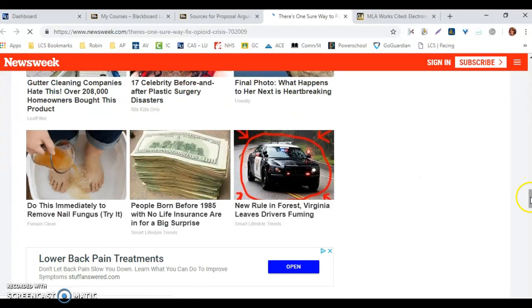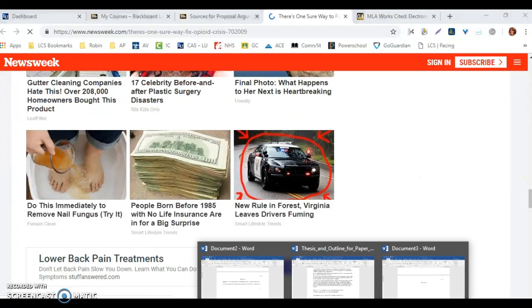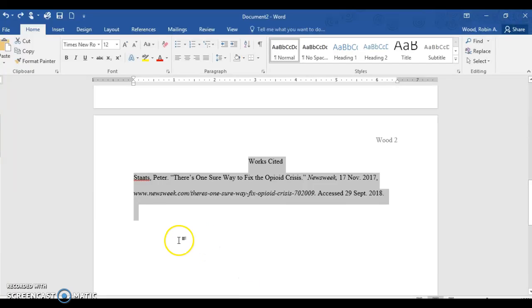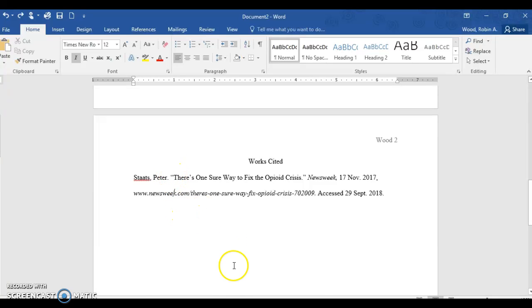So let's go ahead and look at what a citation would look like for this particular source. Notice here that I have included the author's name. I've transposed it and put a period. Then I actually, let